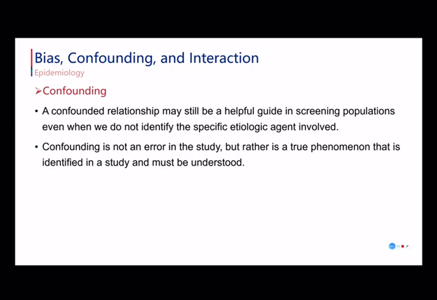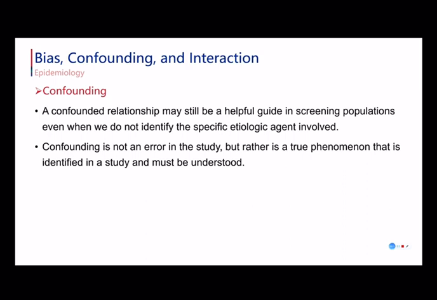is actually due to some third confounding factor X, so that factor A is not causally related to disease B, screening for factor A can nevertheless be useful because it permits us to identify people who are at high risk for the disease and direct appropriate preventive and therapeutic interventions to them. Thus, a confounded relationship may still be a helpful guide in screening populations even when we do not identify the